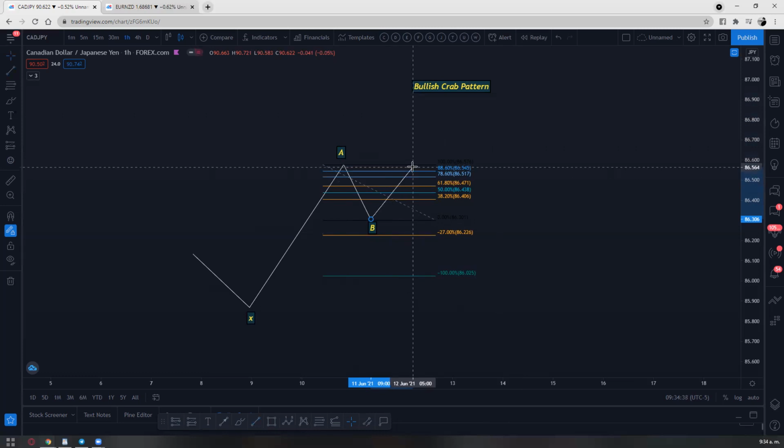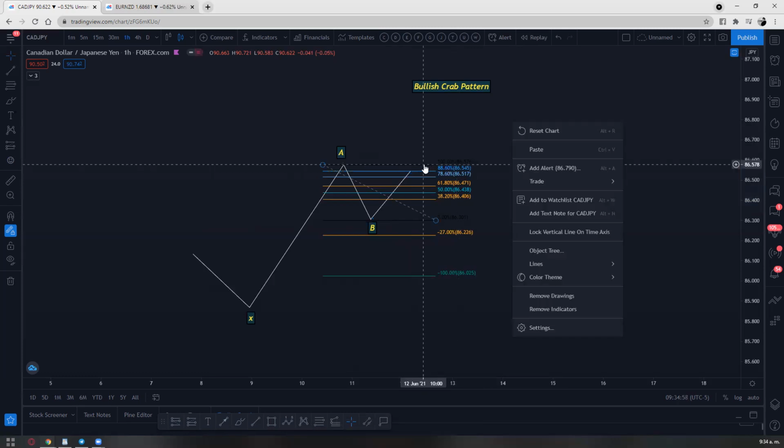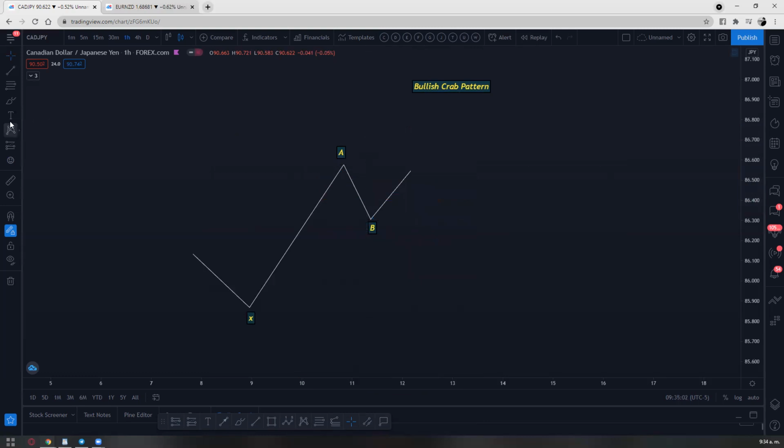It could even reach maybe this point right here, or you could maybe see a wick pushing up, but as long as the body of the candle stays below 0.8, that's fine, okay? So let's say, for example, it reached the 88.60 right there on the Fibonacci. So that's going to be our point C, right there. Now let's go for our point D, and this is where we're going to be using our extension